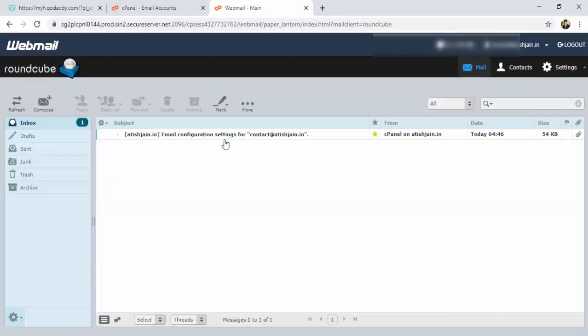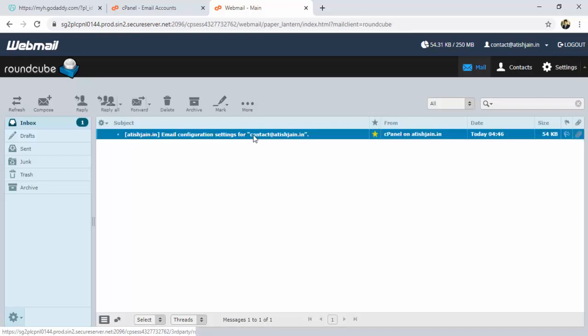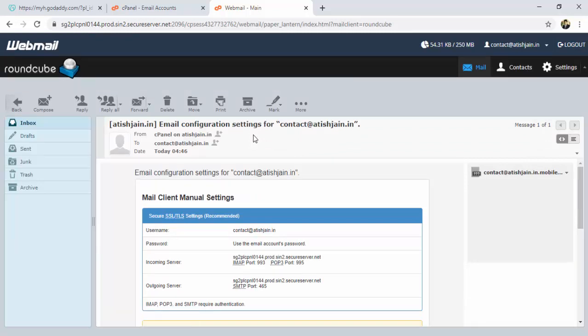See here, this is the interface of your business email, and you got one email configuration setting from GoDaddy. You can click it and check it also. This will contain the incoming server as well as the outgoing server.